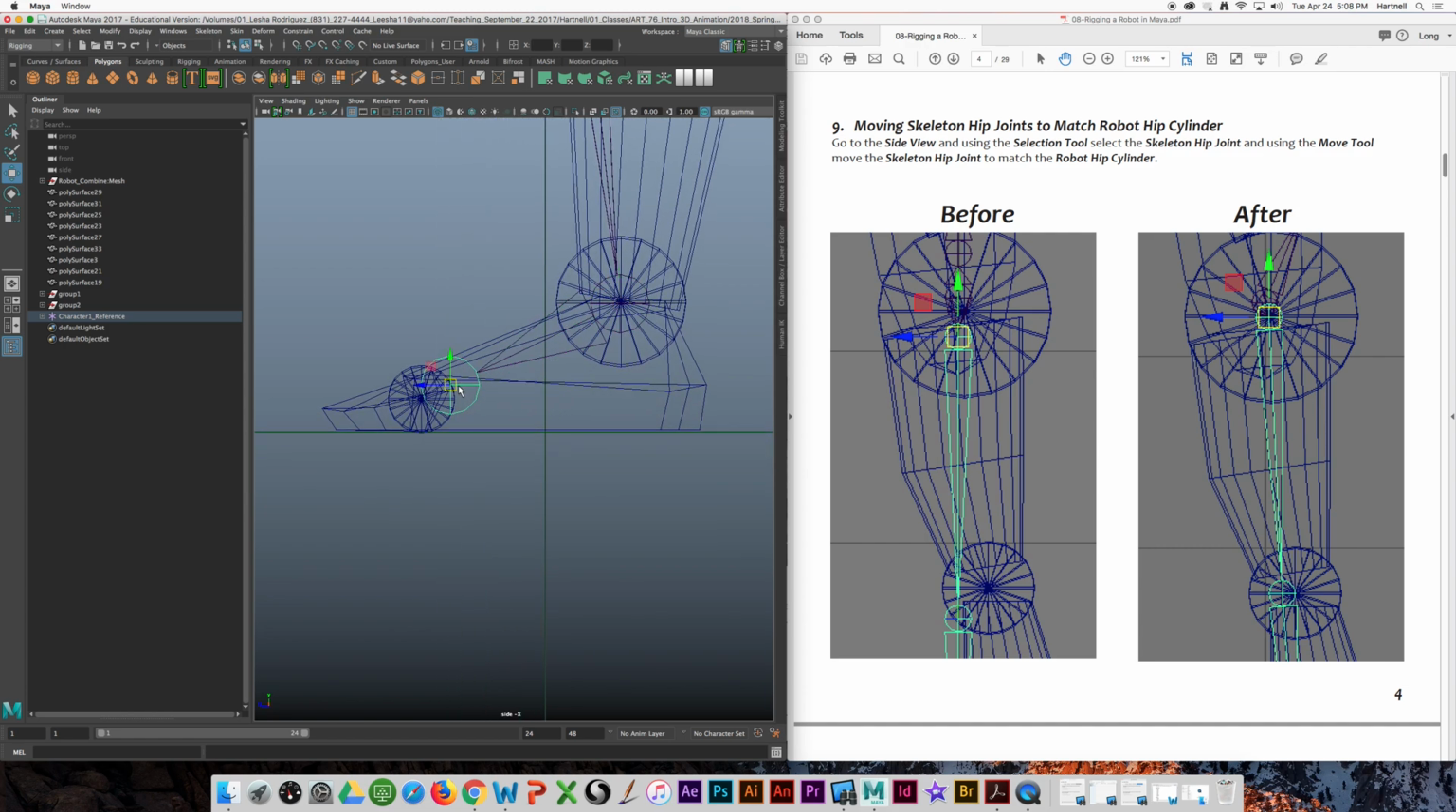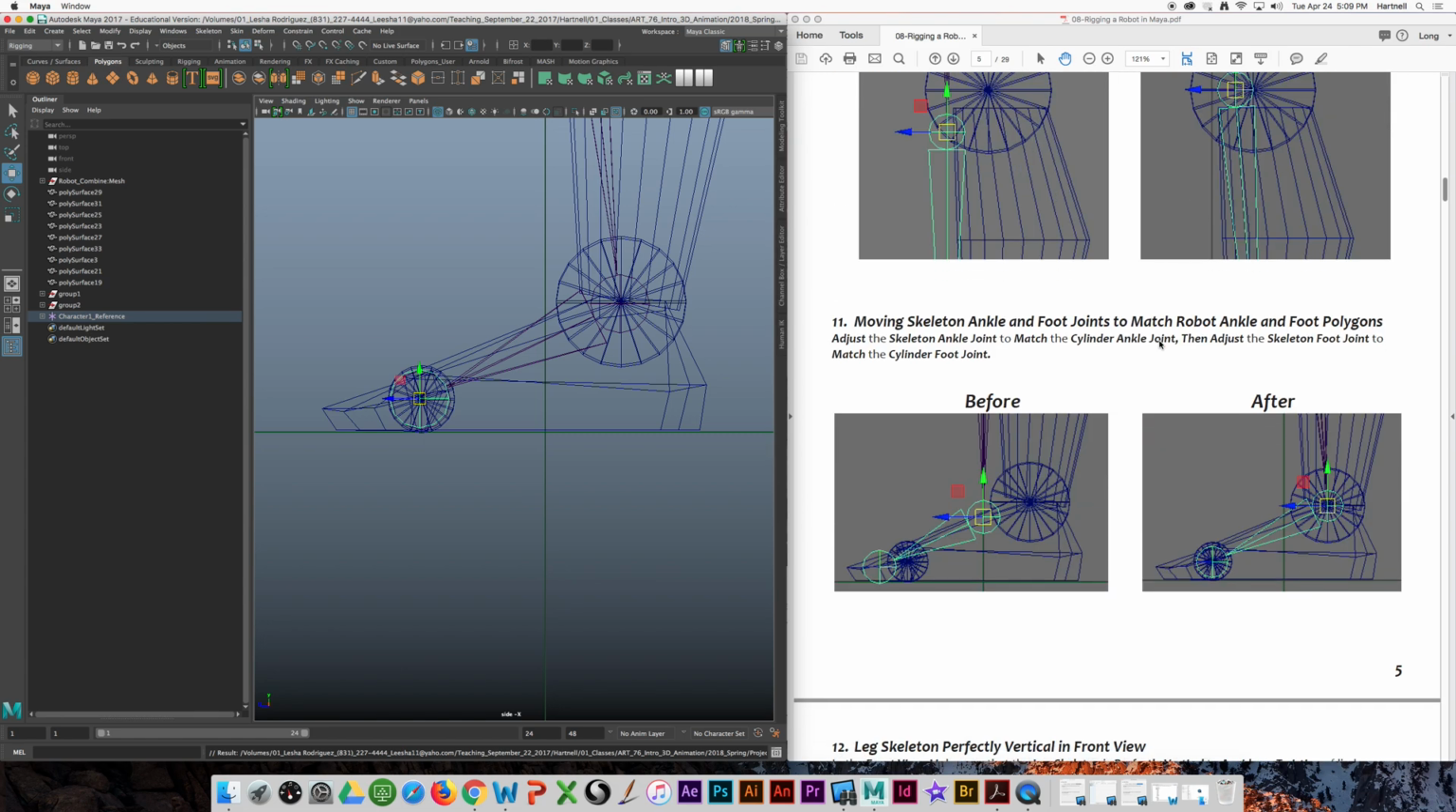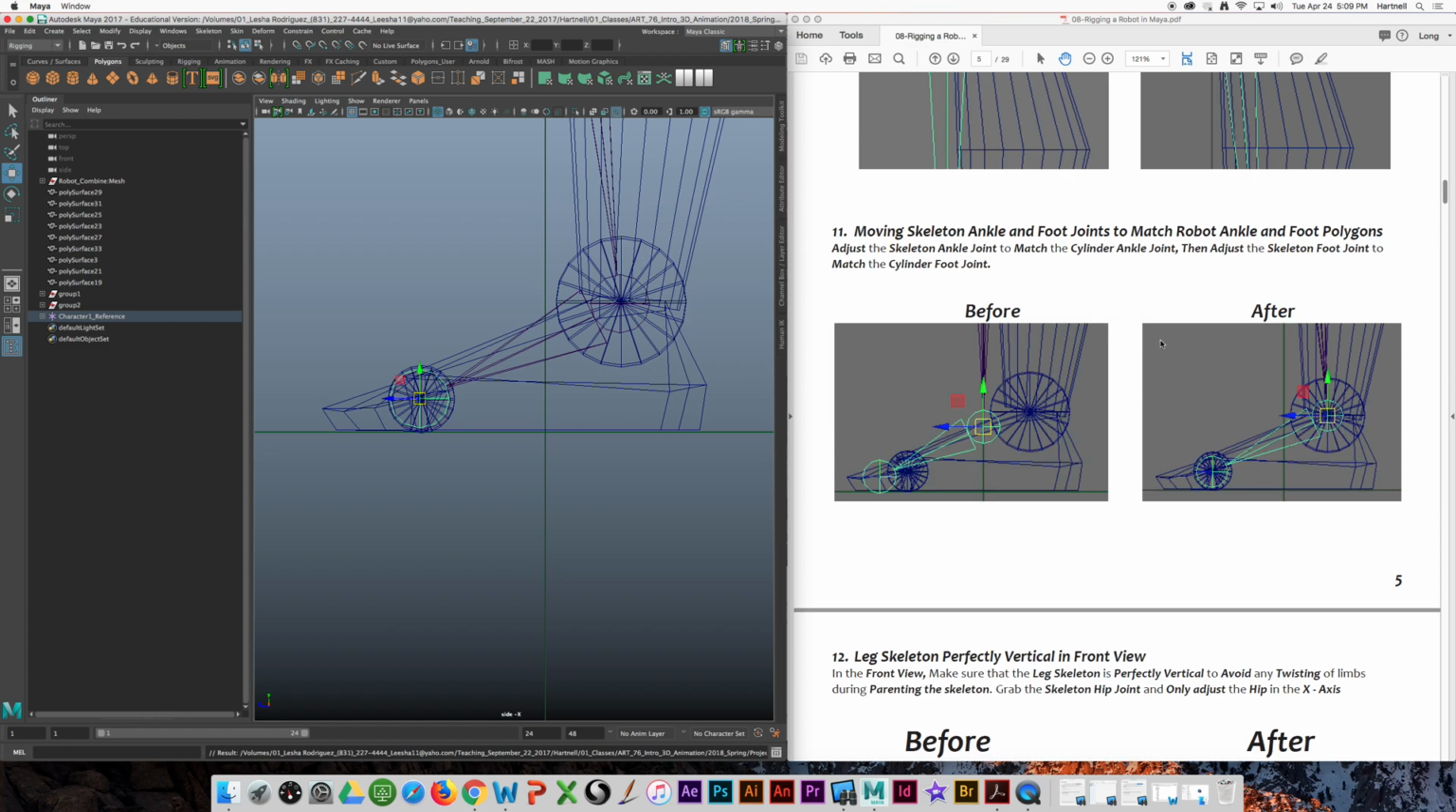I'm going to move the ball of the foot and move the other ball of the foot. But you notice that this skeleton does not come with a toe. We need a toe in order to bend the foot. So we already did that. You let me know when we need to stop the video. Okay. All right. So now